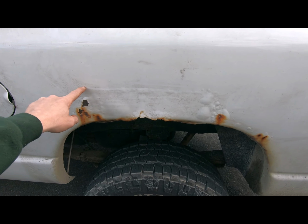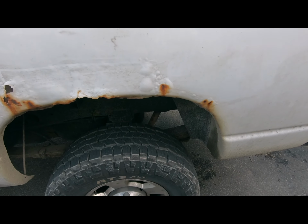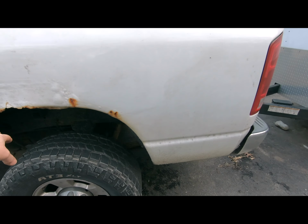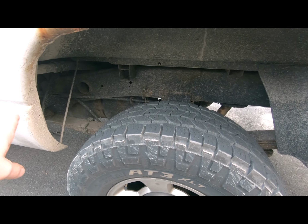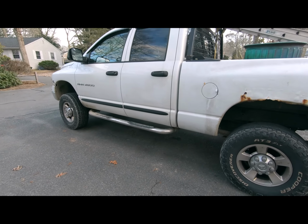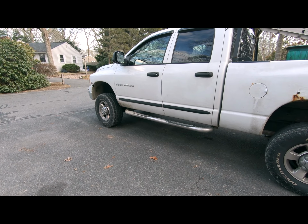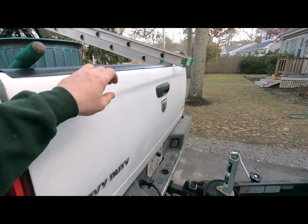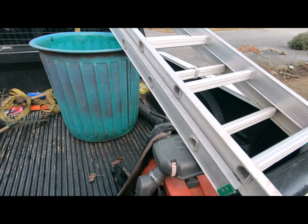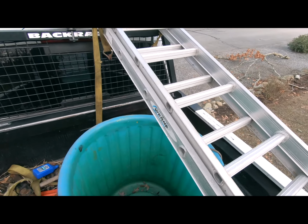It looks like somebody has already put a patch panel in here, and I've got the complete patch panels that I'm going to have to weld in. It's going to be a good project, hopefully, for the channel. But the rest of this truck is really clean and rust-free. It's actually a really, really clean truck. Well, I shouldn't say clean because it's obviously very filthy, but as far as rust goes. And yeah, so what do we got here? Another blower. Forgot what I was going to...